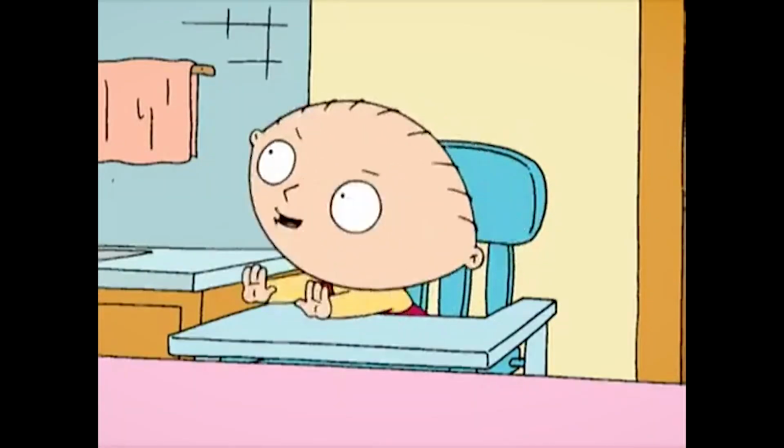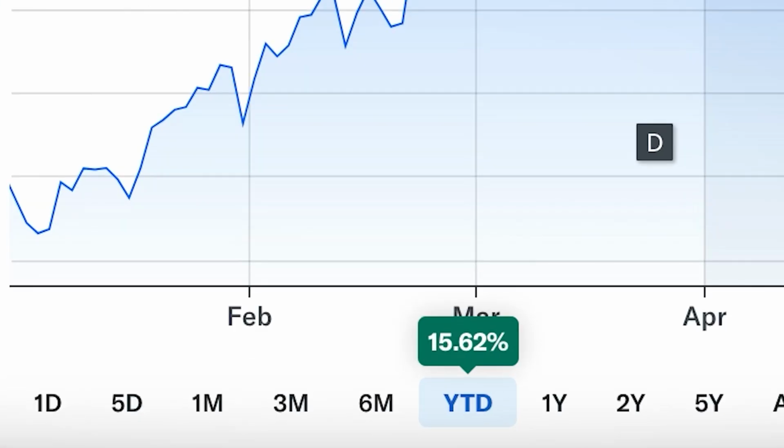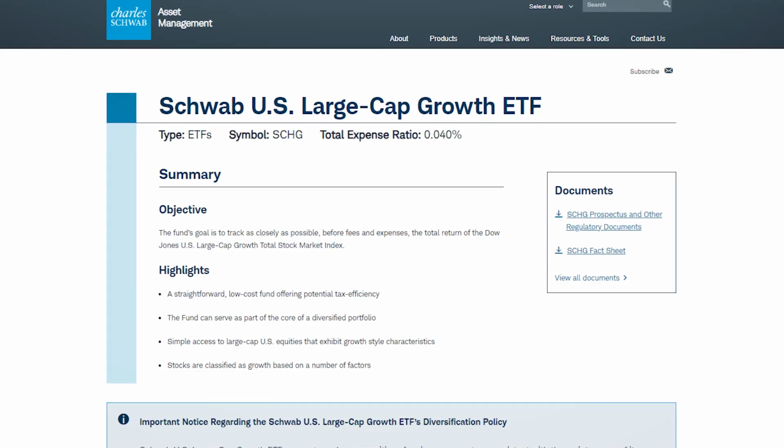Okay, I've got it. Alright, the S&P 500 index grew really well this year, but also there are companies that grew even better than that, and it would be a mistake to miss that opportunity. For this reason, I have chosen the second ETF for my portfolio, and it's gonna be a growth ETF. If I was to invest in US dollars, I would have chosen SCHG from Schwab.